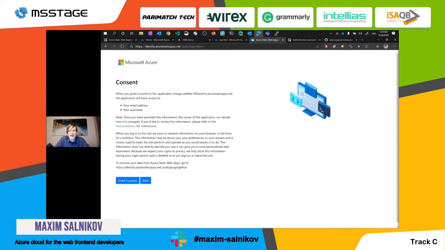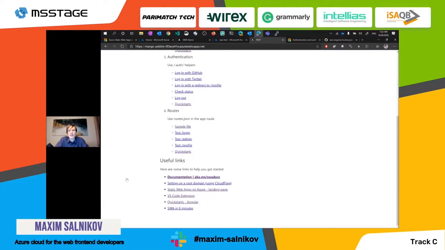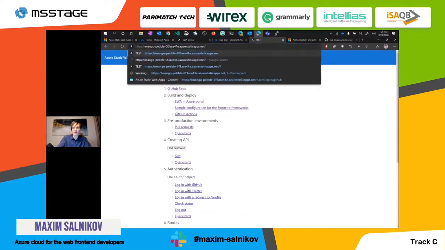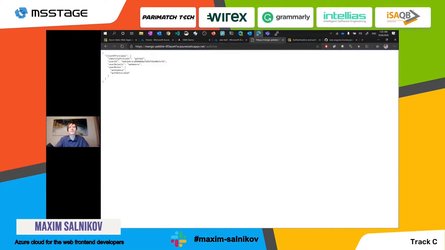I think I'm already authenticated to my GitHub account. This is why it doesn't ask me my credentials, my login and password and the second factor authentication. So I just give consent, and basically I'm back to the application. You see that visually nothing happened, right? But if we go and check another URL of this system folder, auth/me,